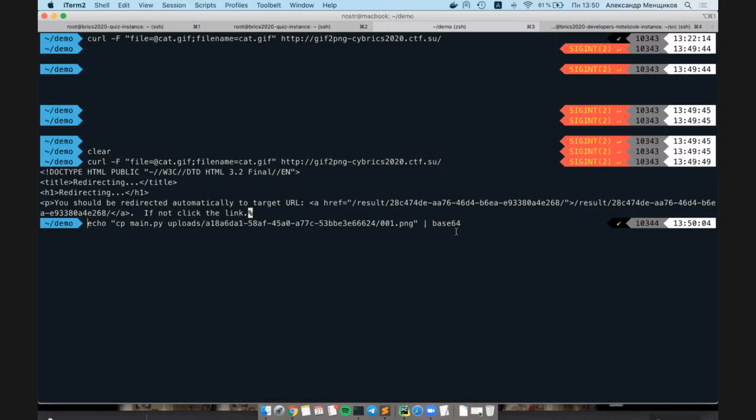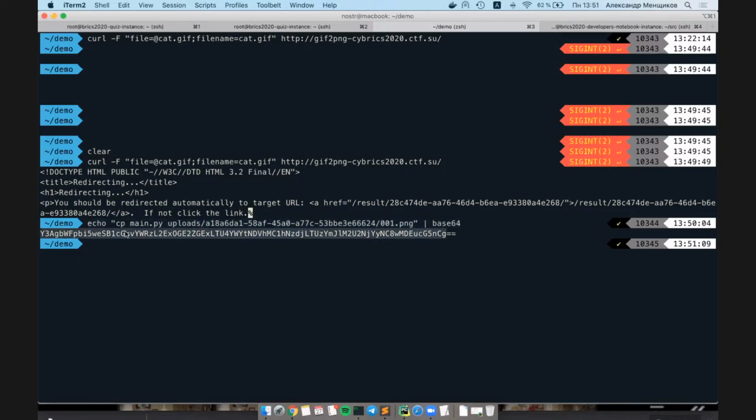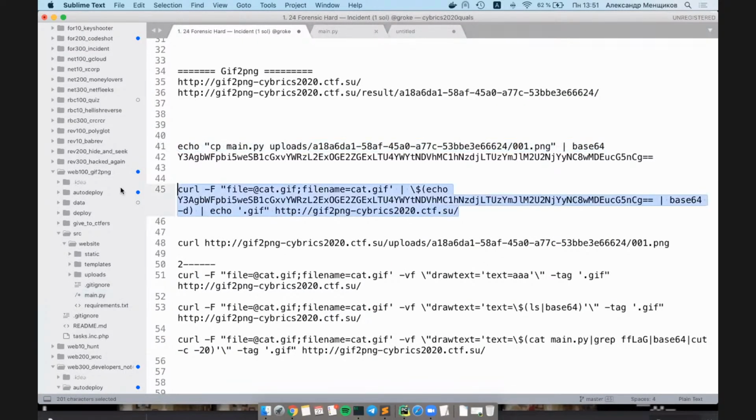overcome simply with the base64 function, which can encode your special symbols with base64 code, which is allowed by our regular expression. So the first way is just cp sources or list directory, or doing what you want on the server and place results into this image. So let's make base64 of this command. You can see this, and just execute the following